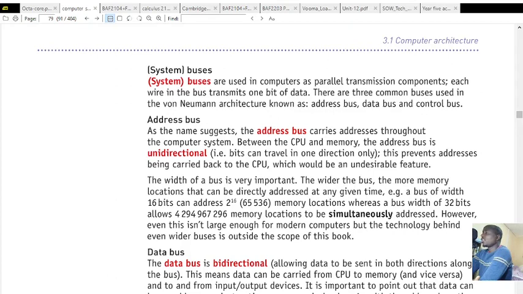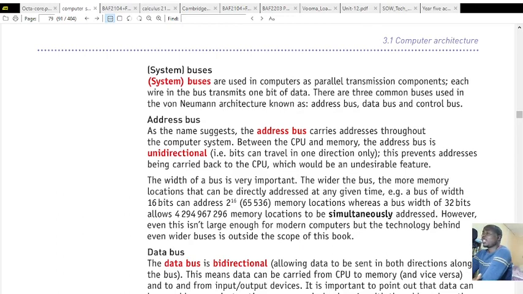For example, a bus of width 16 bits can access 2 raised to power 16 memory locations, which translates to 65,536 memory locations, whereas a bus that has 32 bits